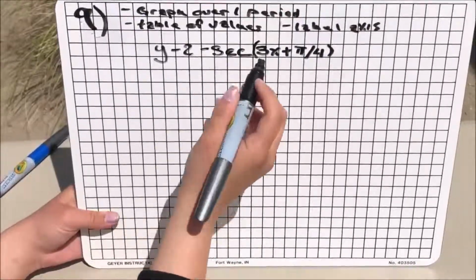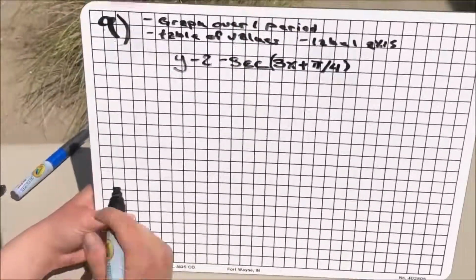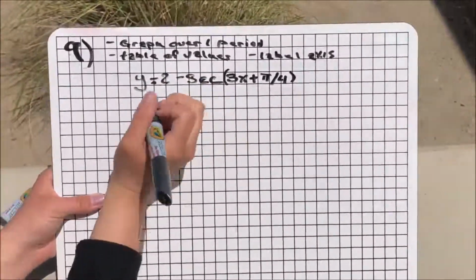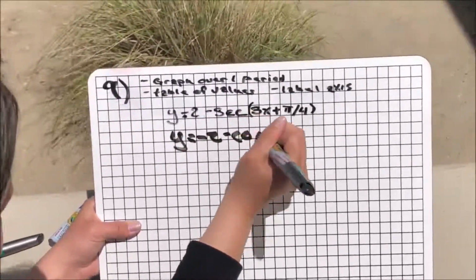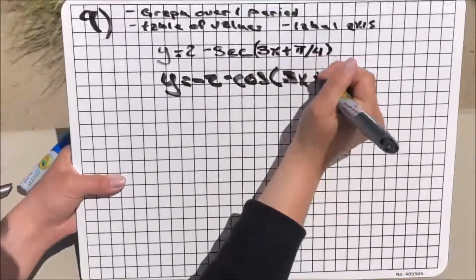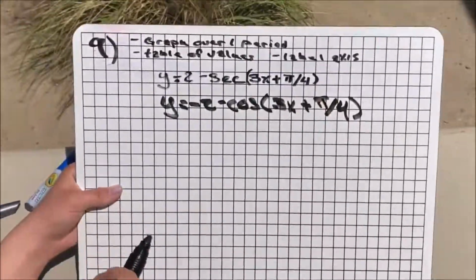First we're going to take this and we're going to turn it into cosine, which will be y equals negative 2 minus cosine 3x plus pi over 4. And then we will